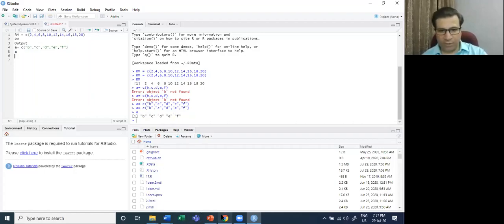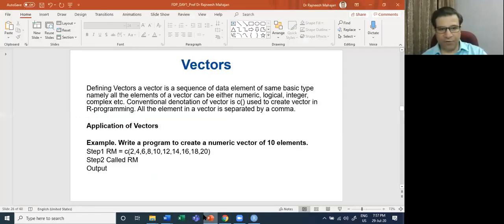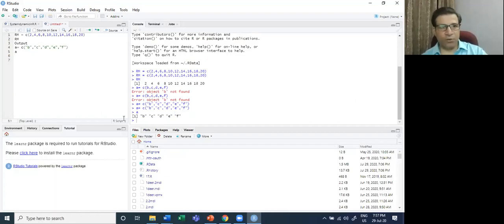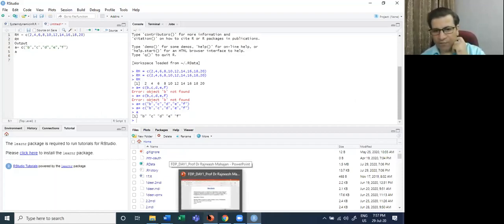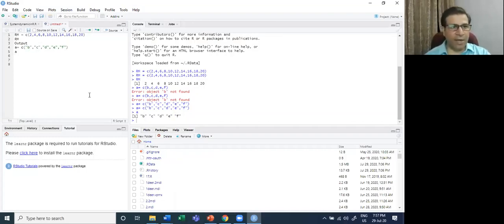Then you can have a vector of your own choice. You can create a few vectors of your own choice. You can put the logic, you can put anything of your own choice. You can put the details. So this is what the vector aspect is. We have tried to touch upon the vectors. So you can try a vector which is alphanumeric. Can we try it? Let's do it.